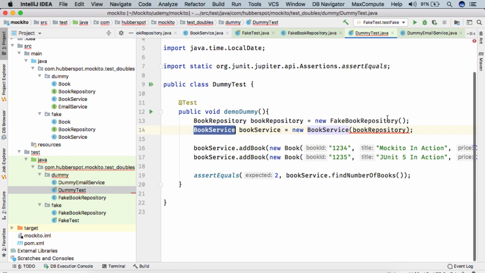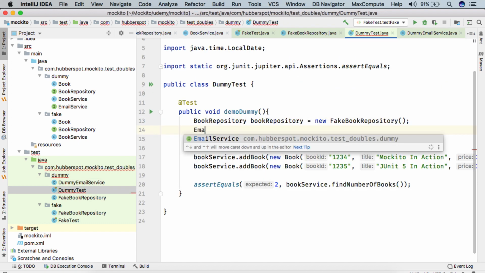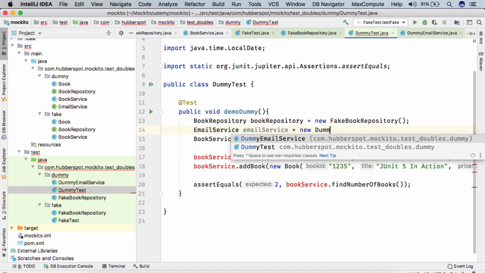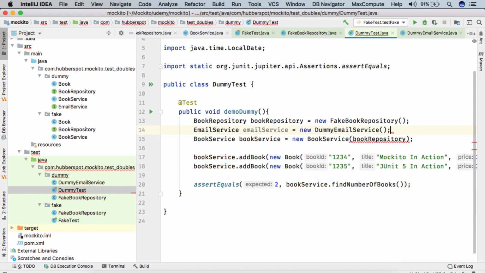So now we create the email service, and we'll simply use this email service in the constructor of book service just to make the code compile.